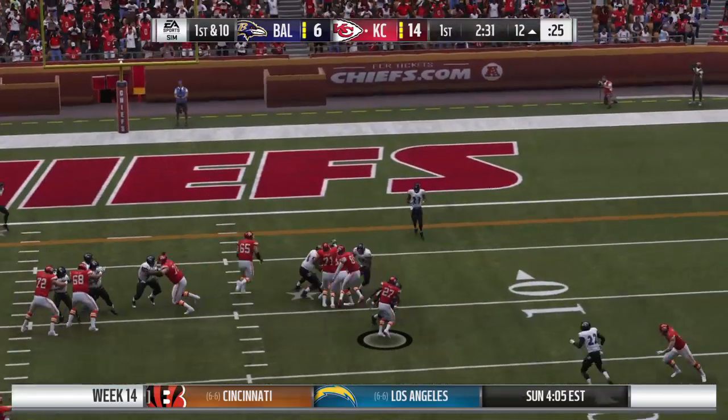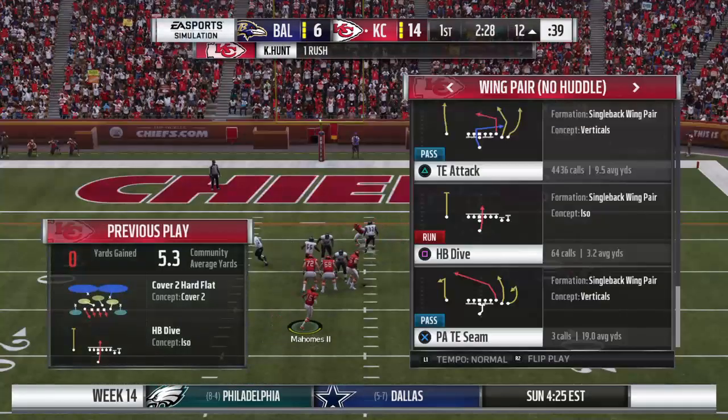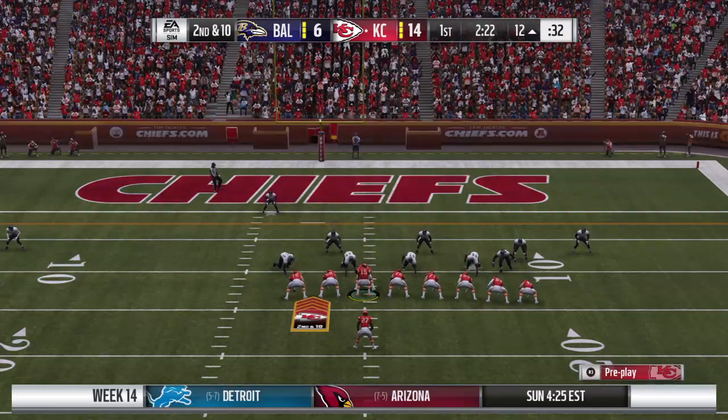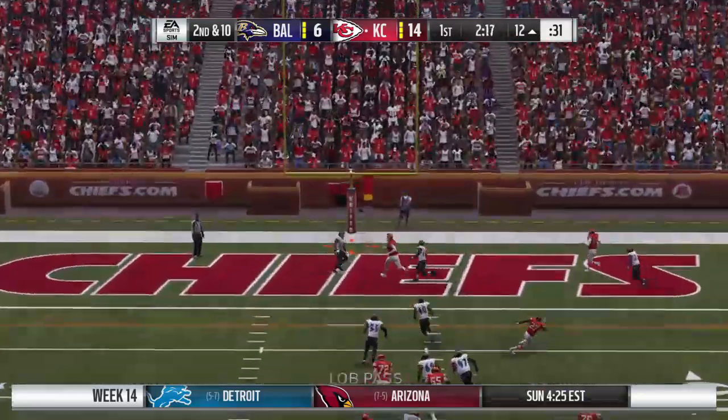They'll run it here with Hunt. Looking for a crease, can't find one. Stopped at the line of scrimmage. No gain on the play there, second down. I know the scouting report on him is that he doesn't possess the eye discipline to be an elite linebacker. And what that means is...